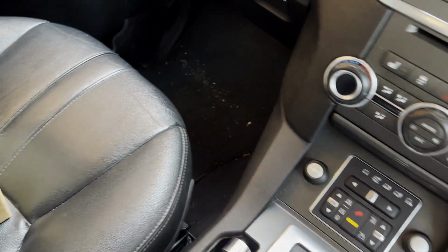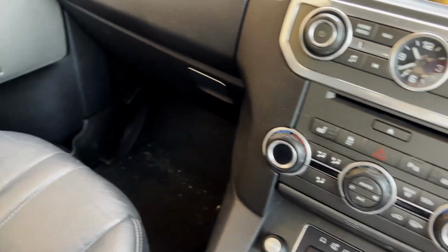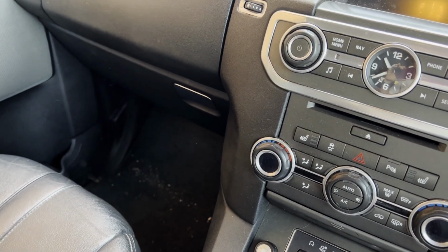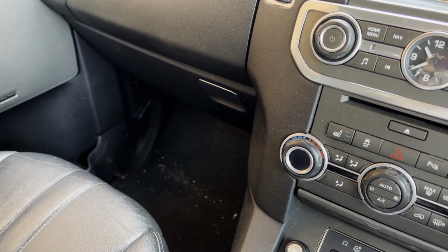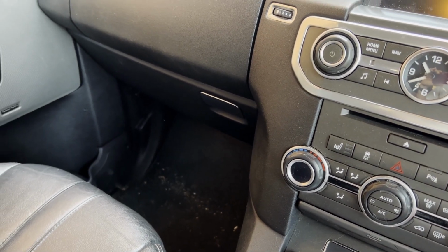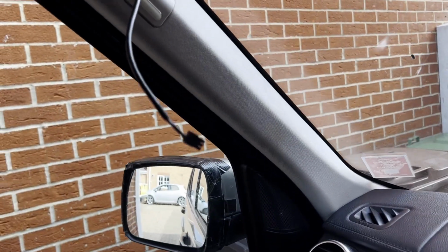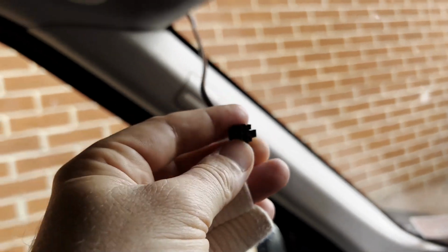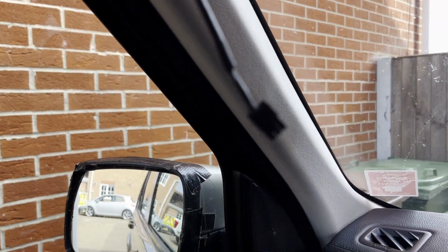So we need to find a permanent supply and a switched supply. So we'll have a look behind the glove box, because when I changed the cabin filter in a previous video, there is a fuse box out the back there, and I've got some little piggyback things that you can use to take the supply. But when I bought the Disco, it's got this wire that was tucked up here, so I am just going to probe that to see if, I haven't got a clue what that was for, so